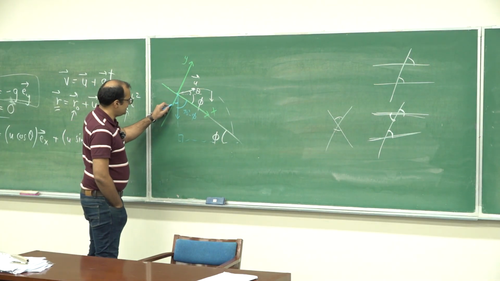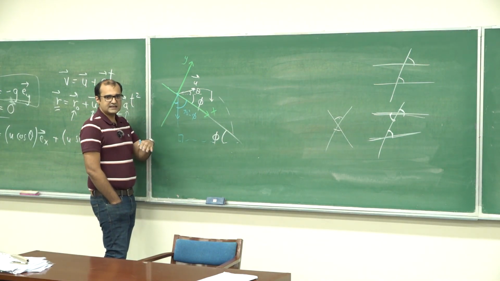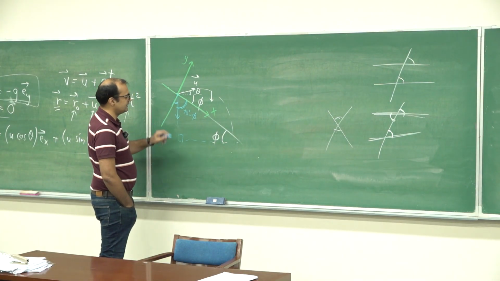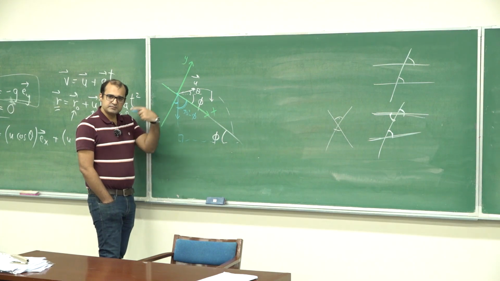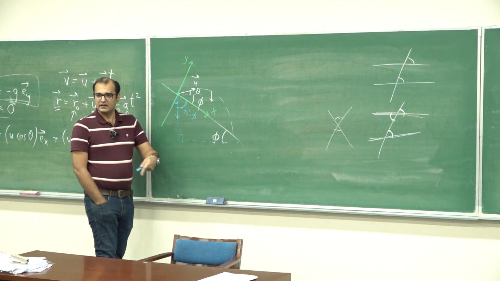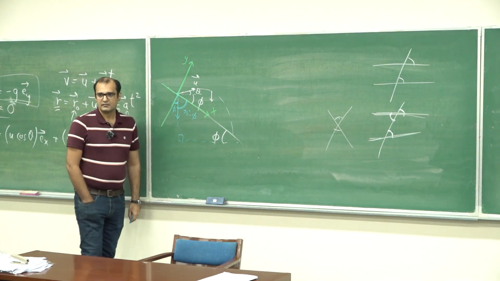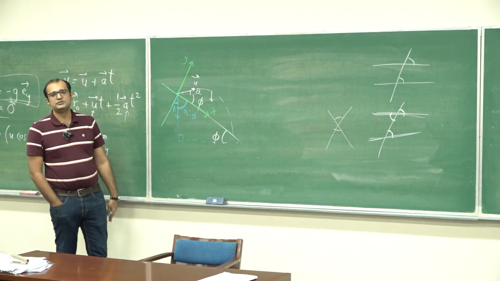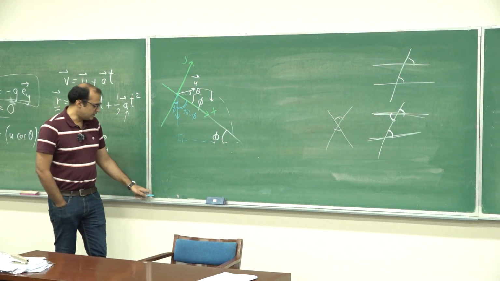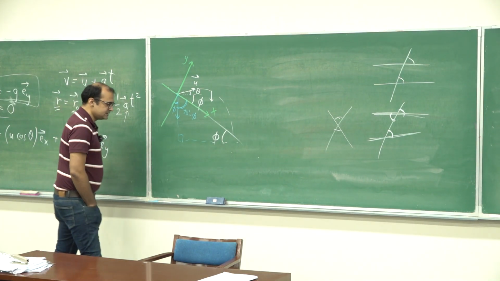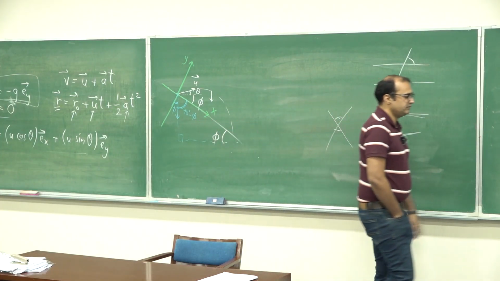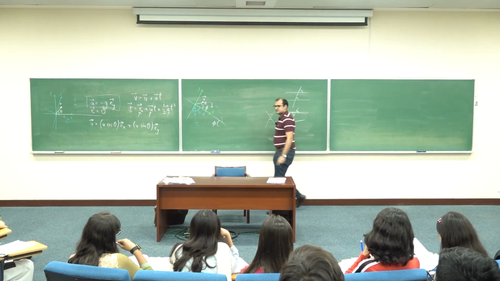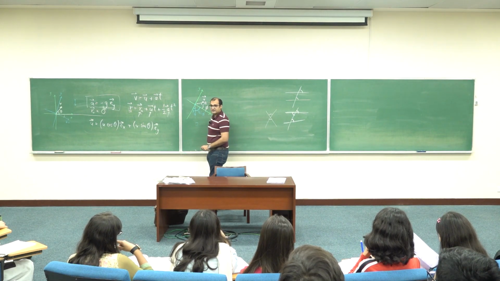And since this angle is also 90 degrees, the angle that the x-axis makes with the y-axis is 90 degrees. So if this is 90 degrees, this angle will be 90 minus (90 minus phi), and that will just give you phi. So this vertically downward vector is making an angle of phi with your y-axis, and therefore the component along the y-axis will be of length g cos phi. Now the y component is g cos phi.